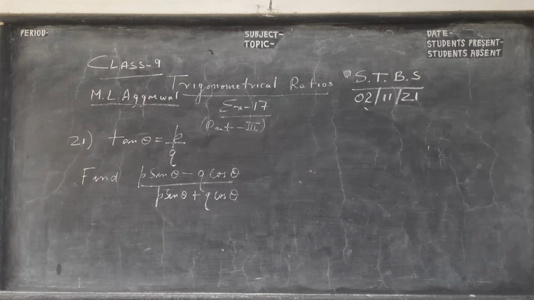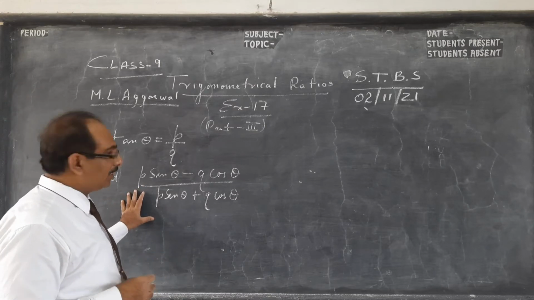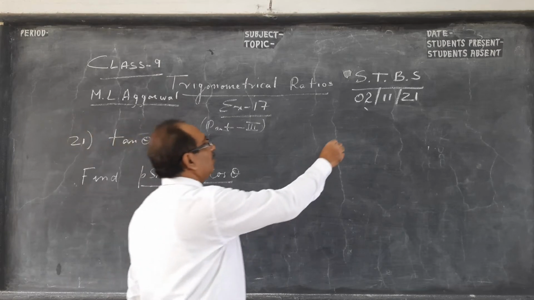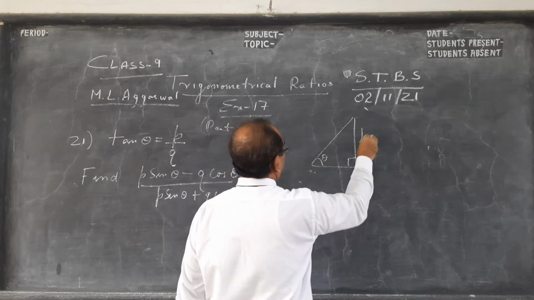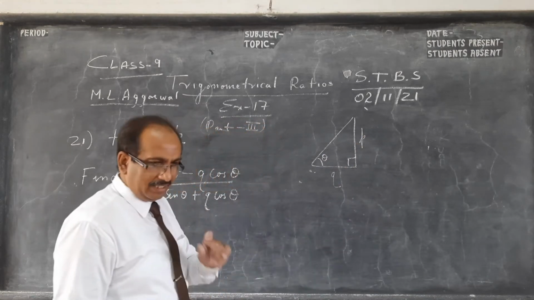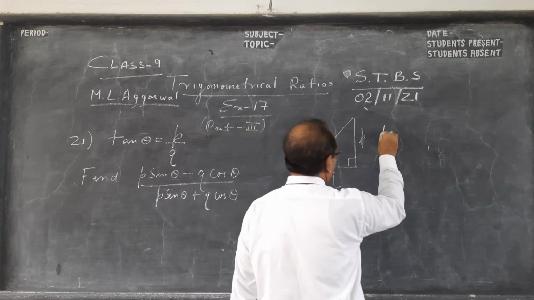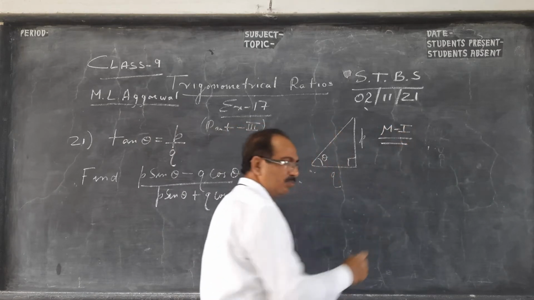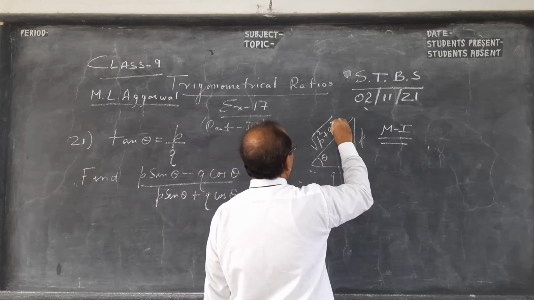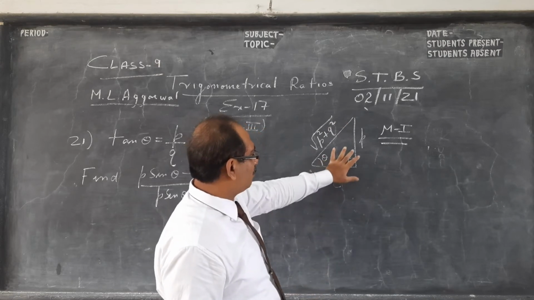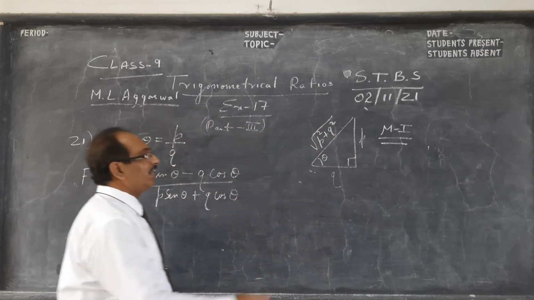So children, now we take a very interesting question which can be solved in one very lengthy way and one shortcut way. I'll tell you both the ways. Now here tan theta is given. Always draw a triangle children. So tan theta, if this is theta, is P by Q. So one very long method, method 1, which most of the children and most of the teachers do, is you will find by Pythagoras theorem root over P square plus Q square. Then they substitute the value.